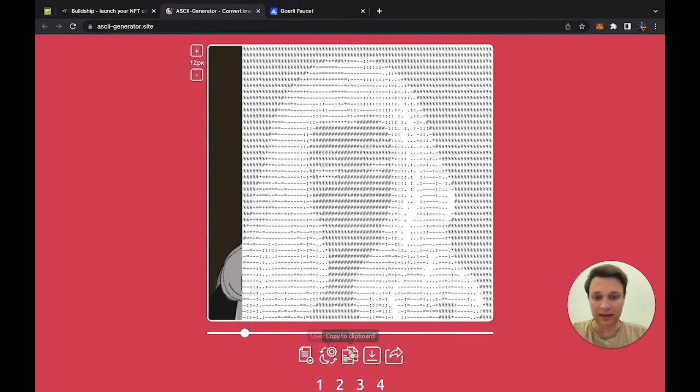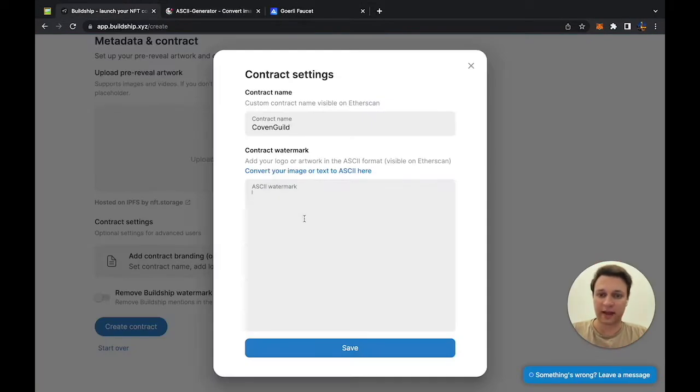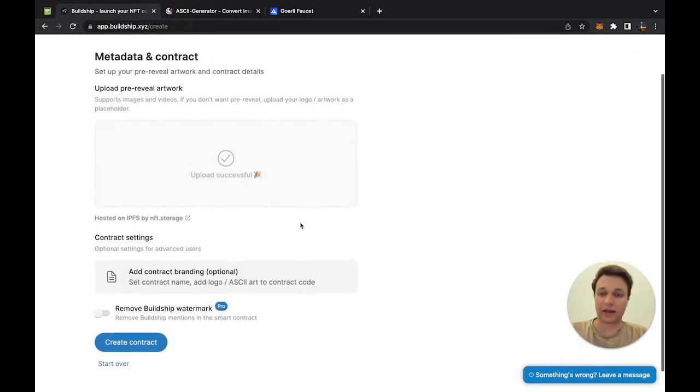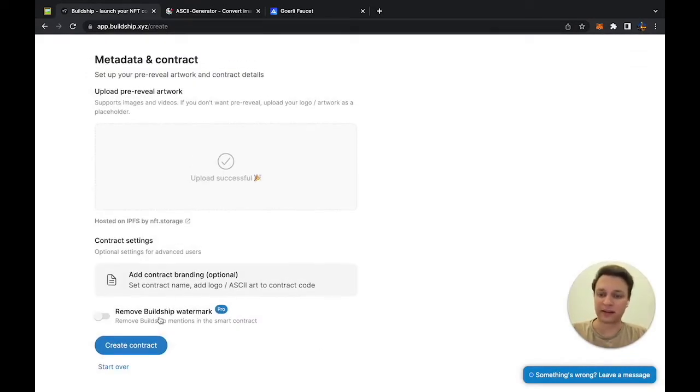Okay, then I just click on copy to clipboard and paste it here. Okay, now my branding is set up. Also, I can remove the watermark here, because Buildship also adds their watermark to the contract, but it's a paid